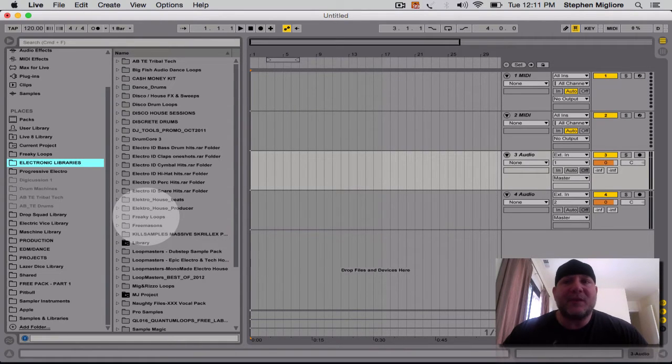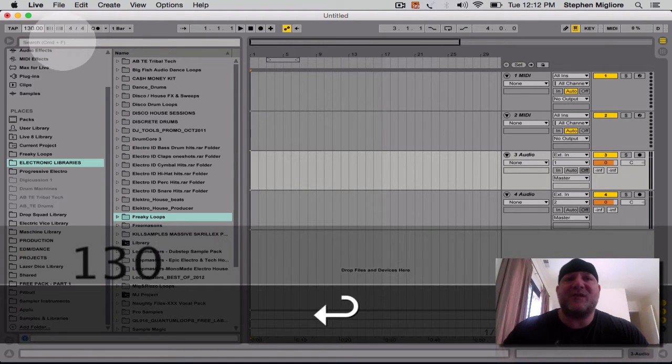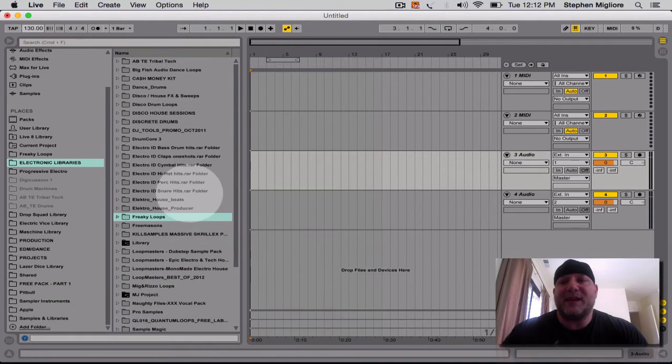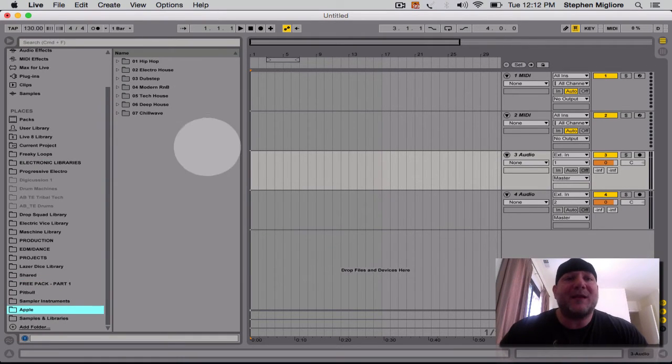But what I'm going to do right now is just make a simple EDM beat. I'm going to go up here, top left, double click in the tempo box and change it to 130, which is like an average standard tempo at this point for EDM and dance. And I'm going to scroll down here to, actually I'm not going to use Freaky Loops for this. I'm going to go into my Apple library. I imported my Logic library into Ableton, and